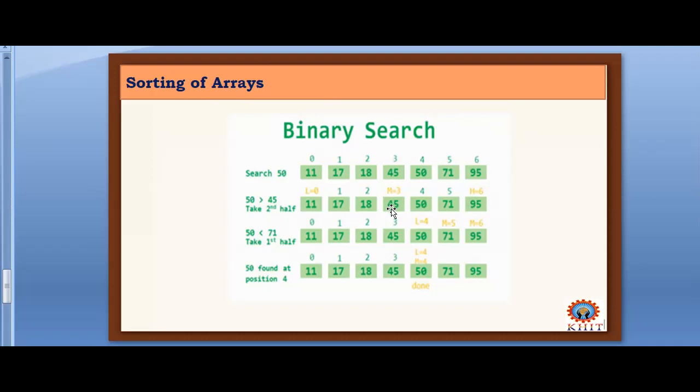So you are searching for 50. Is 50 equal to 45? If it is true, then you find that element exactly in the middle of the array. Otherwise, you find it in the left or right part of the array, because